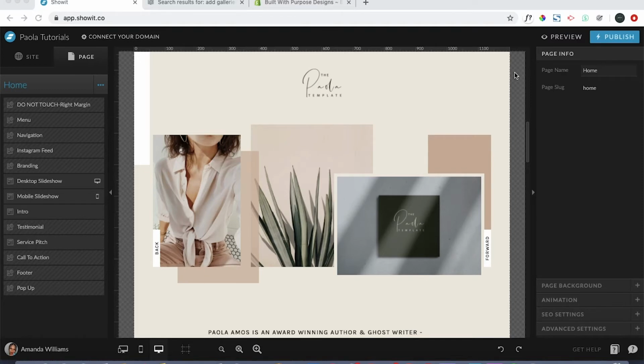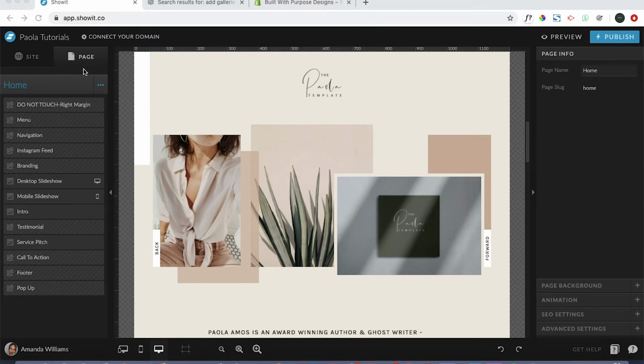In this video, I'm going to be showing you how to add and remove a canvas view on your template. Now this will come in handy on plenty of the pages. Specifically, the home page is the first time you run into a canvas view. And if you go to the home page and make sure you have the page tab selected at the top